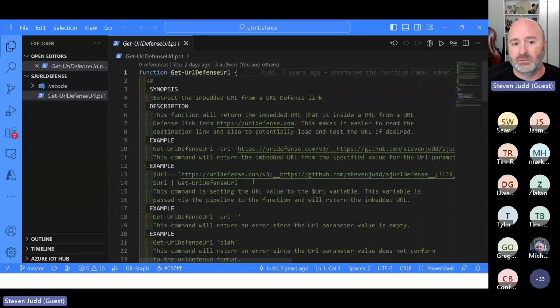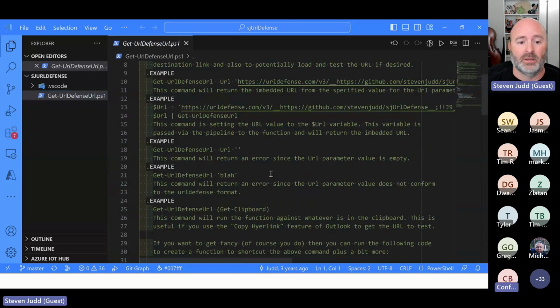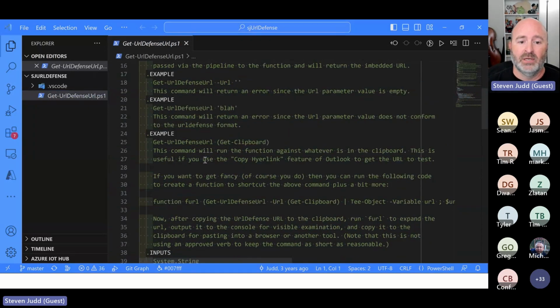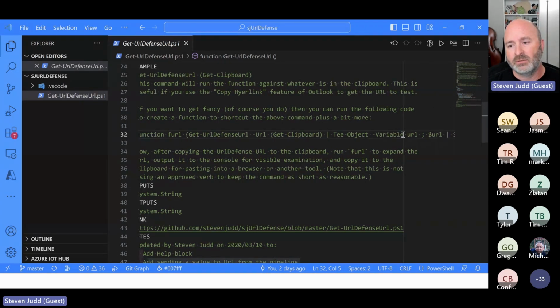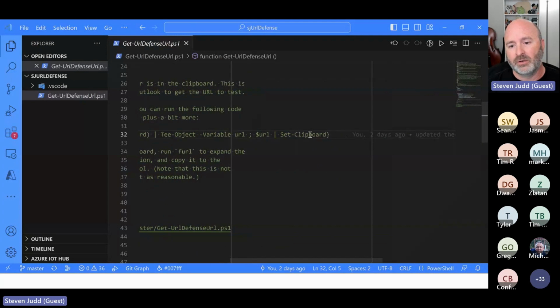The help is still the help. Okay. Not too fancy, except this one's a lot longer on the example. And even in the example, I put an example in the example. So you can do a function furl, to do Get-DefenseURL, Get-Clipboard, and then pipe that object to the URL, and then set your clipboard.